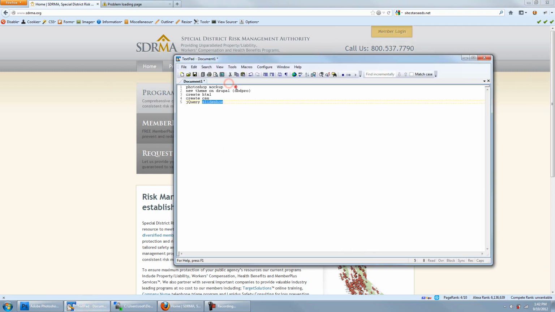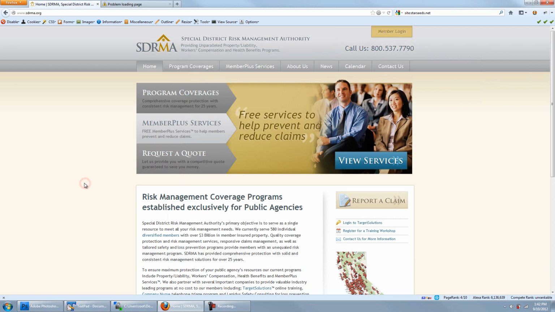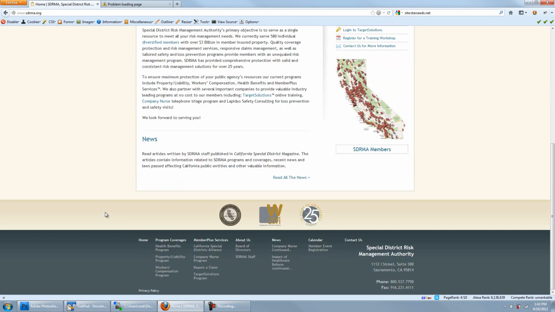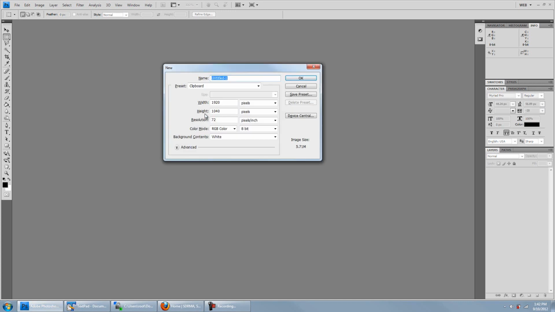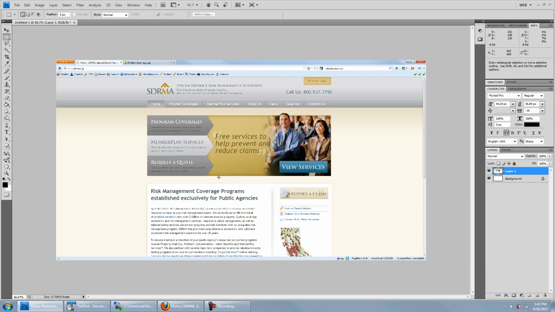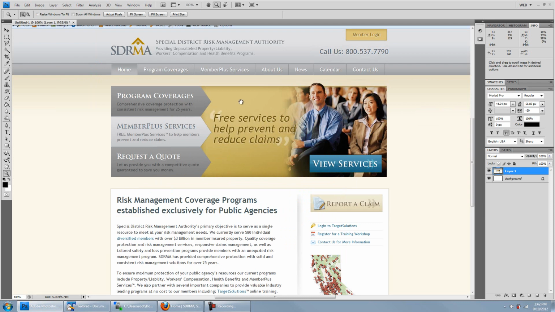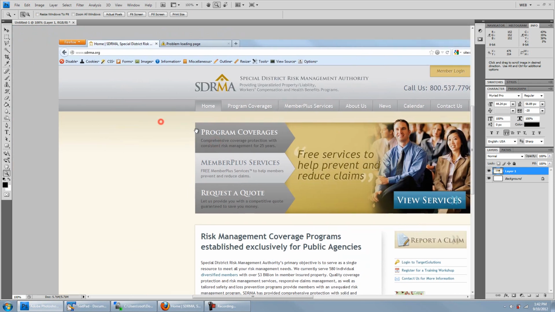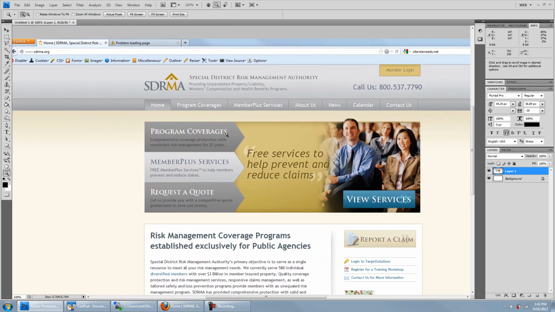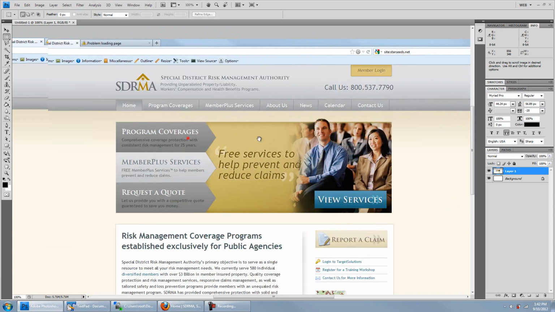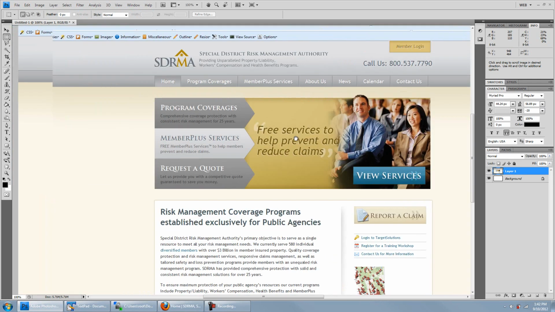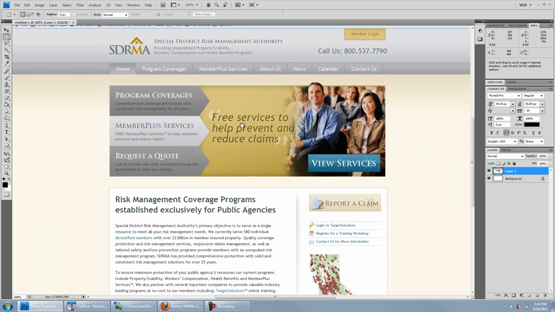So we're going to first do a Photoshop mockup. If I print screen this, which I just did, hit the print screen key on my keyboard, and then I go over to Photoshop, create a new document, and paste it in. So here is what their site is right now. And just to give you an idea of how things will work, the first thing I do is I come here and look at the site and look at which elements I have,